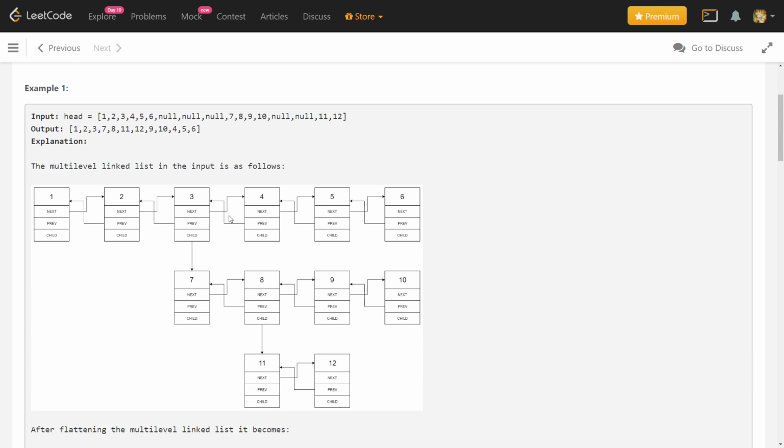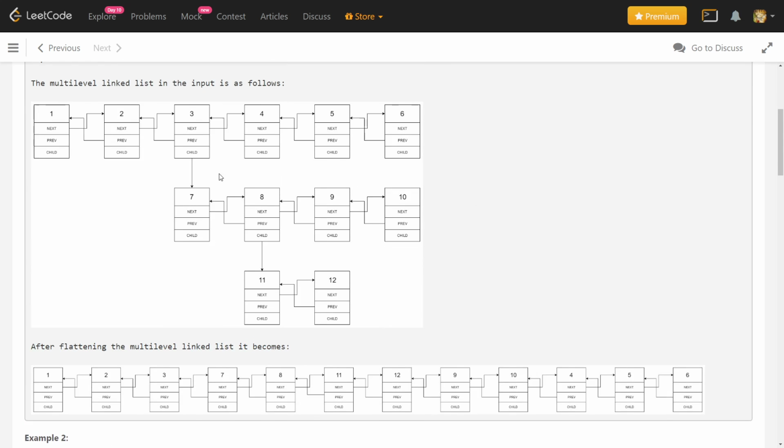So now we know that we have to create that array, so let's think about how we can create it. If I'm starting from 1, it's easy to see that I just add 1. That is okay. Then if I go to 2, I add 2 to that array, so that is also okay. But when we go to 3, now we have 2 directions to go. One is 4 and one is 7. According to the question, I have to go to 7. Okay, that is okay, so we will do that.